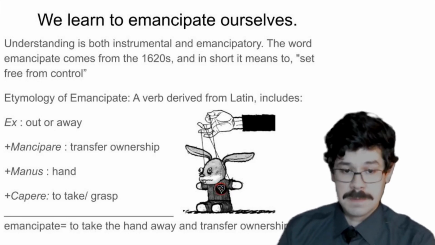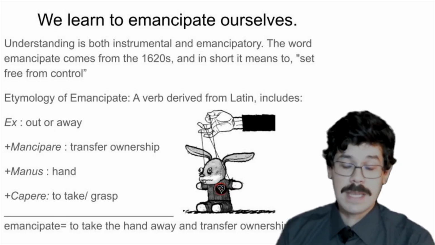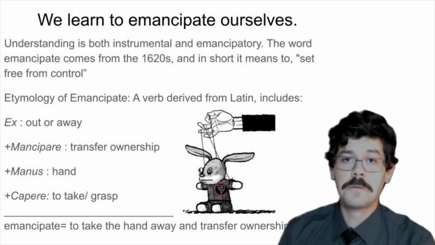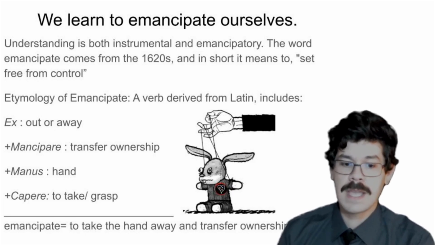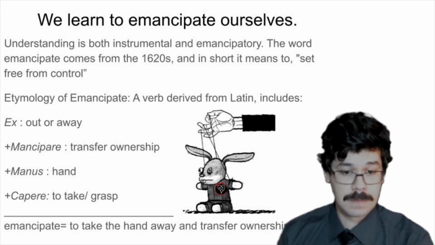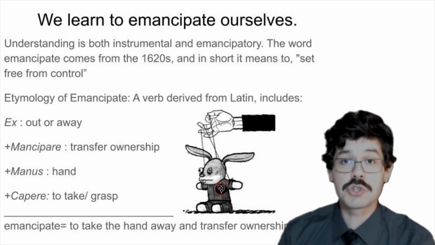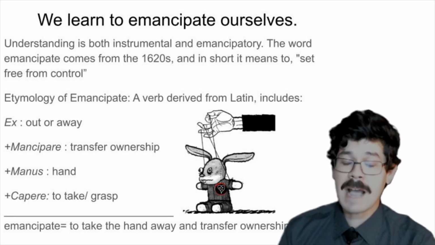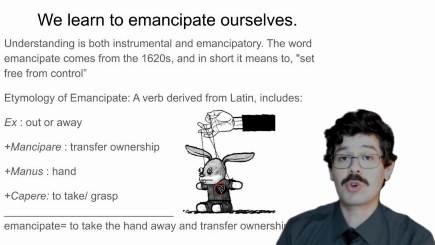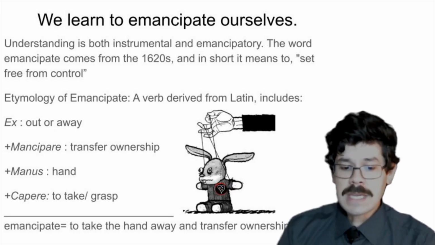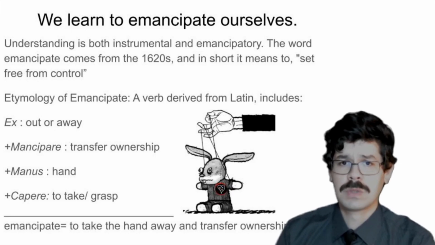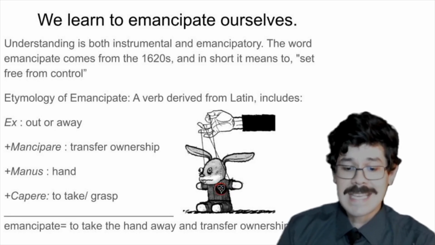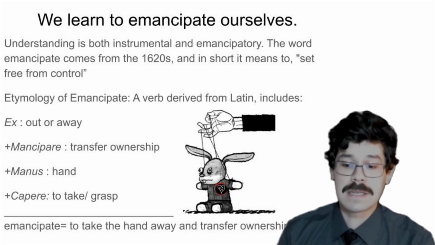The word emancipate comes from Latin. It is a verb, and it includes 4 root words. Es, mancipare, manus, capere. First word, es, means out of the way. Mancipare means to transfer ownership. Manus is the hand, and capere is to take away or to grasp. When we combine these 4 words together, we see that to emancipate is to take the hand away and to